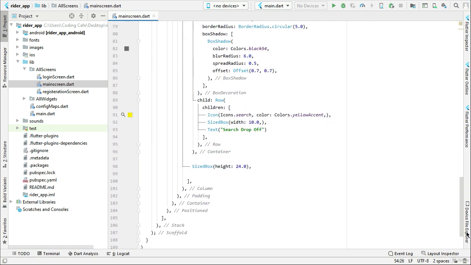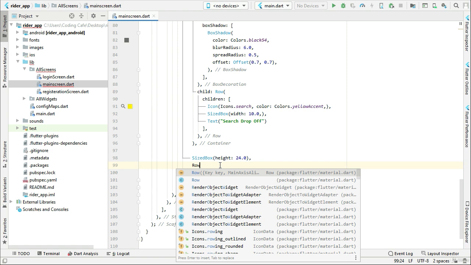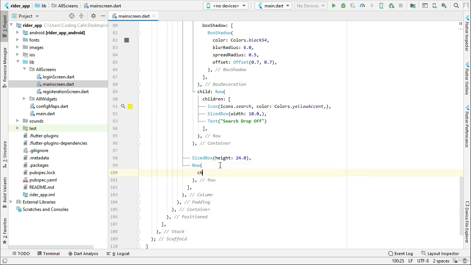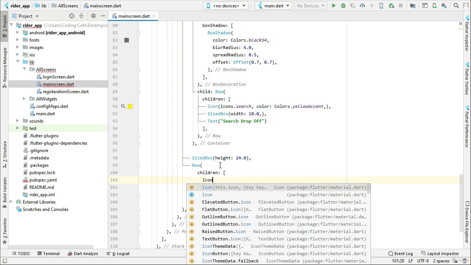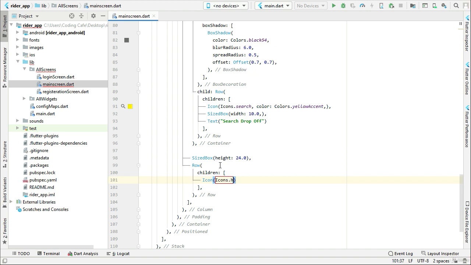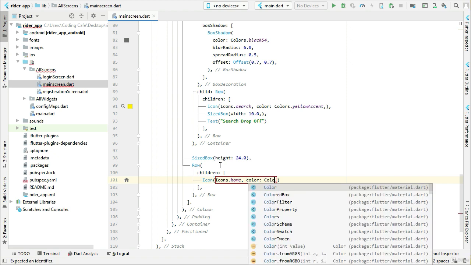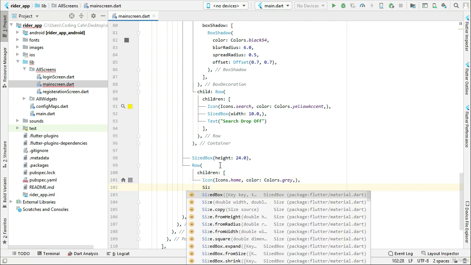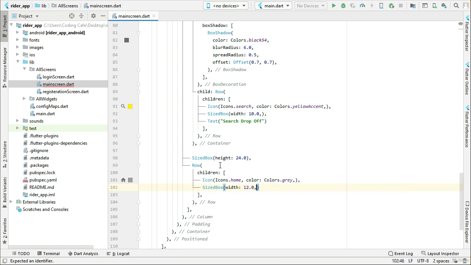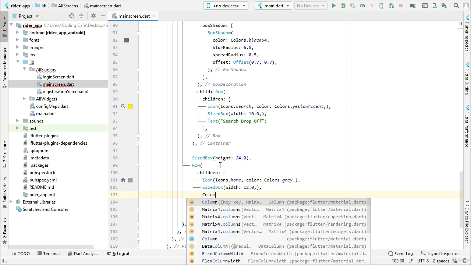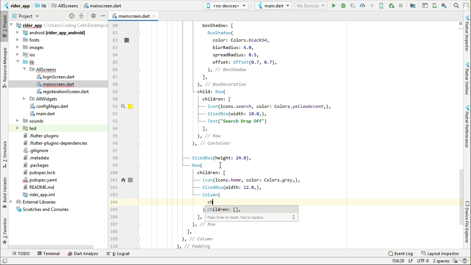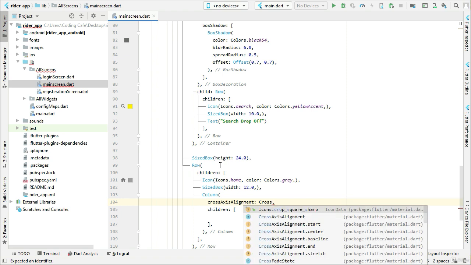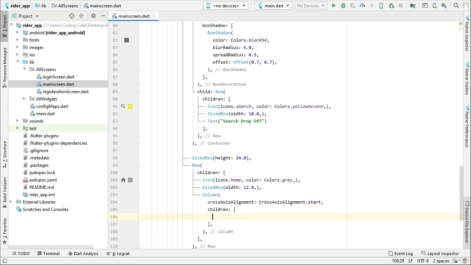Okay, and then let's come back here and here, so we can say row, children widget, and then we will have icon, so we can say Icons.home, and the color for this will be Colors.grey, and let's add a SizedBox with a width of 12.0, and then we can add a Column widget, children widget, and then we can say crossAxisAlignment.start,